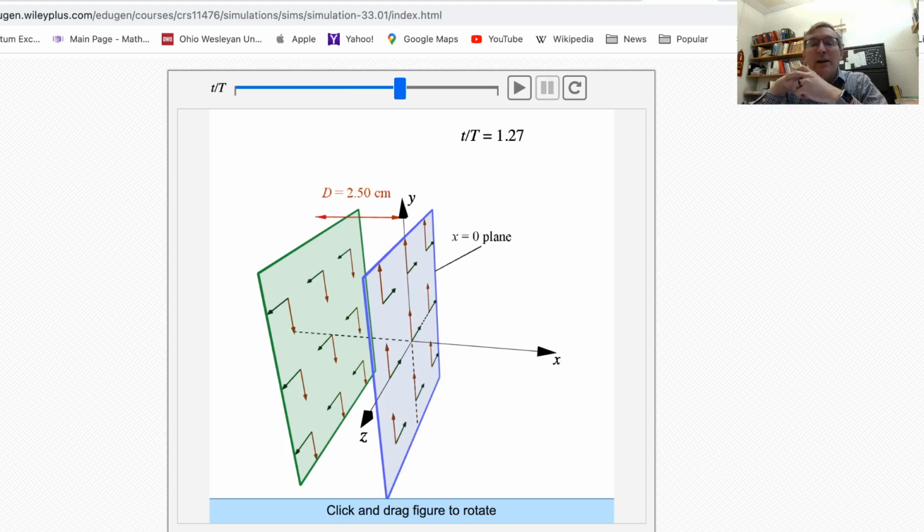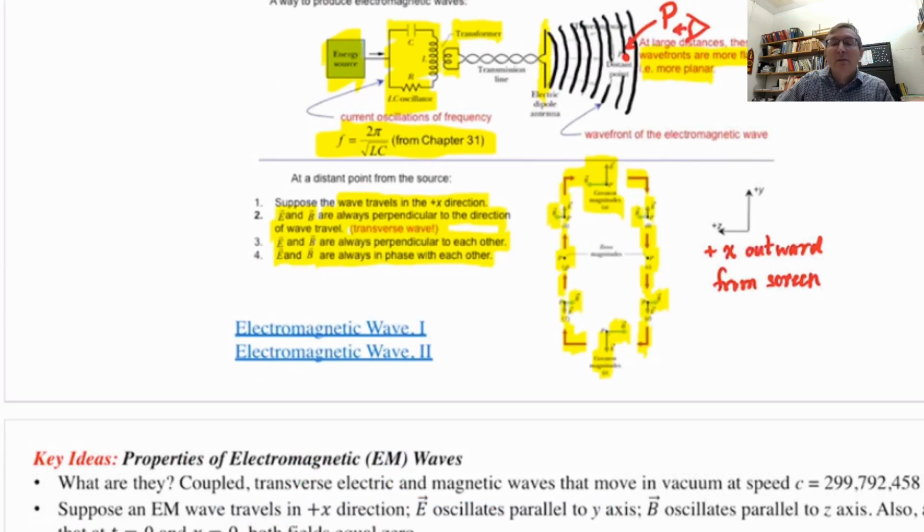The dark reddish arrows that are oscillating parallel to Y are electric field vectors. The dark green arrows that are oscillating parallel to Z are magnetic field vectors. And here's one thing that's very useful to remember. And we can actually see it. If I go back to my slides, from the picture right up above, if plus x is out of the screen, let's focus on that picture right there, the directions of the E and the B. I will just point out that from the right-hand rule,